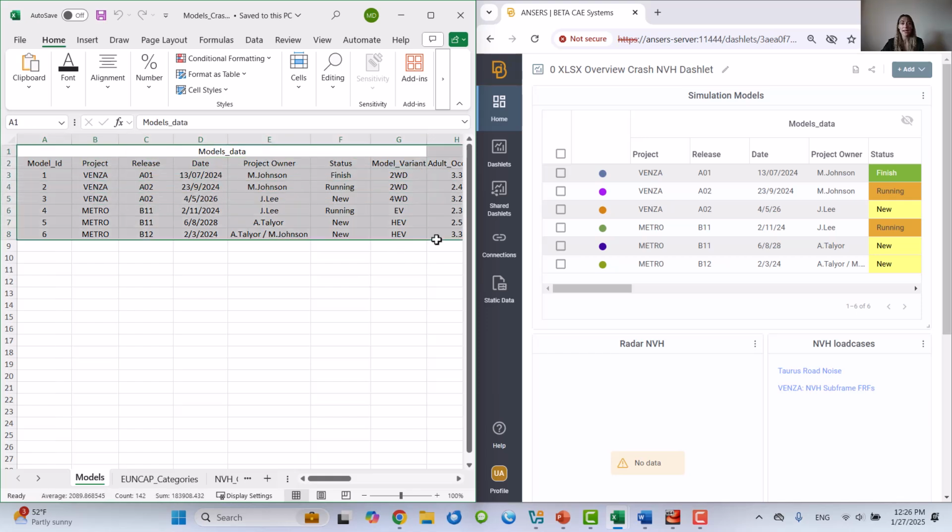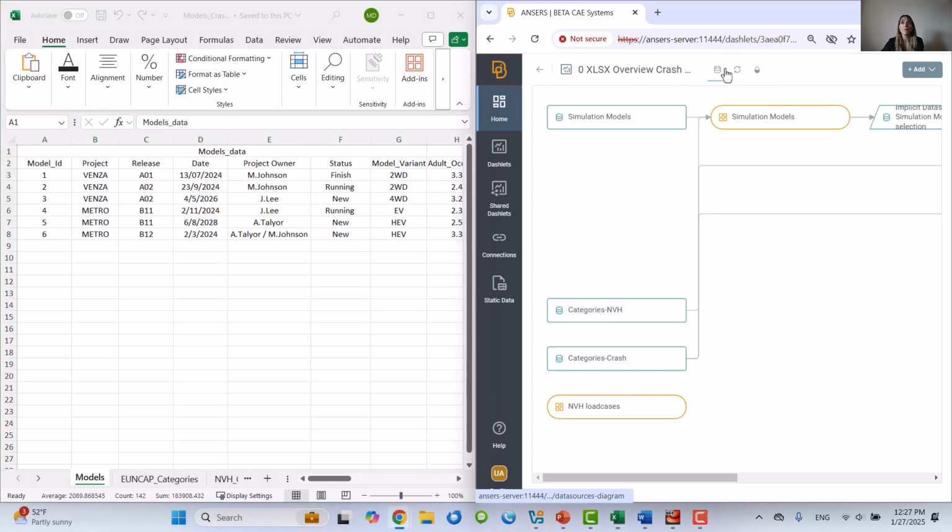Changes of the Excel file are automatically reflected in the Dashlet. Data are collected from a specific sheet, and it is possible to define which data and how to import them by defining the sheet name, the cell range, and the rows to be used as the headers.